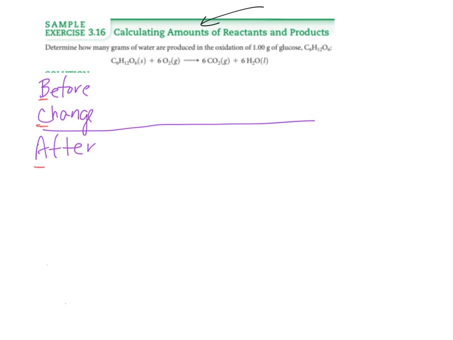Combustion reactions are oxidation reactions. All combustion reactions are oxidation reactions. Not all oxidation reactions are combustion reactions. We'll talk about that more later. But as we discussed in class when Brandon asked the question, anytime you combine oxygen with something, you have a combustion reaction. So we're going to find out, I'm going to circle it, how many grams of water are produced